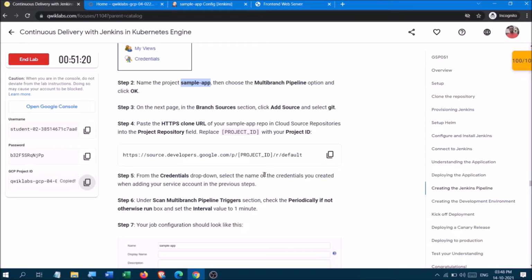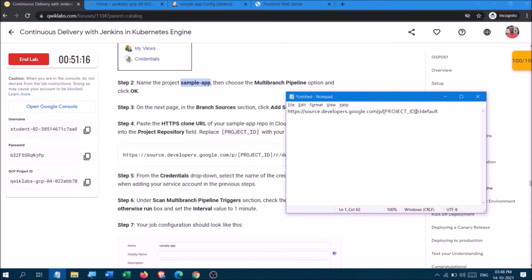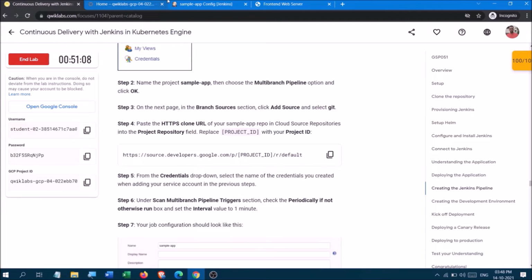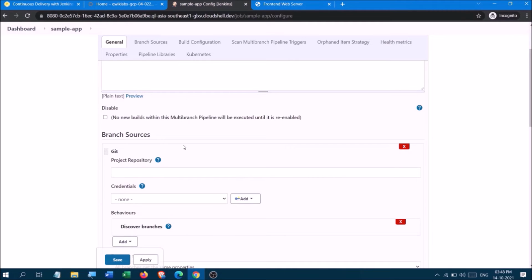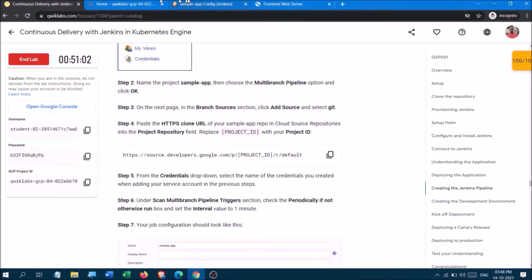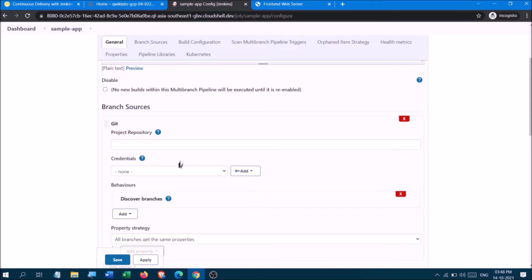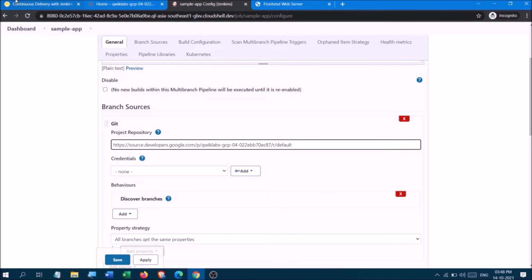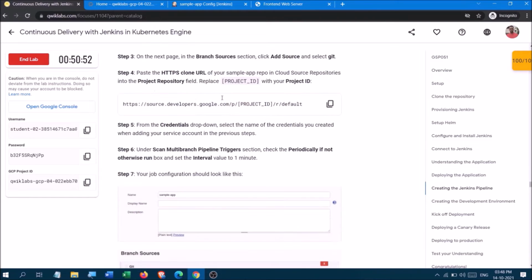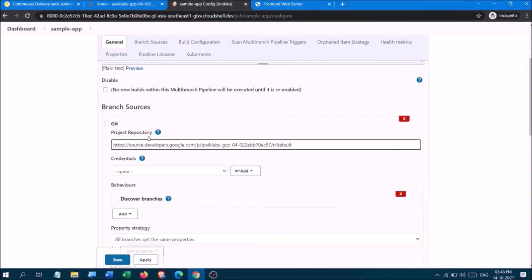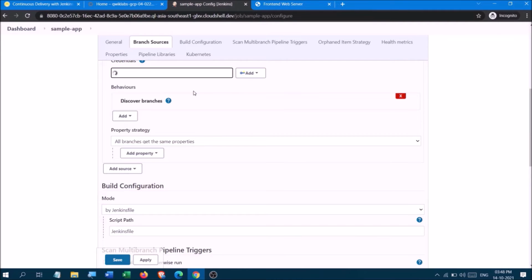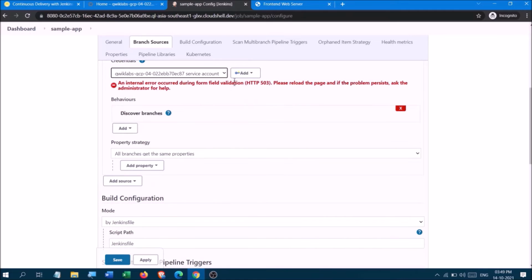Okay, don't go again to the Cloud Shell looking for the project ID. Now copy this. Okay, and you have to paste it here. Okay, and here in the credentials you have to add this service account credentials.